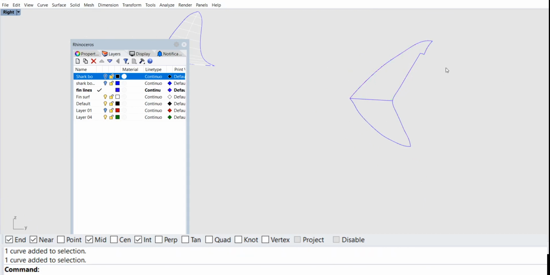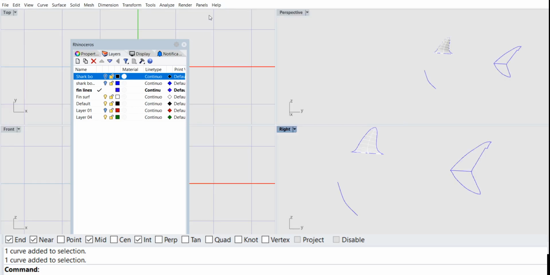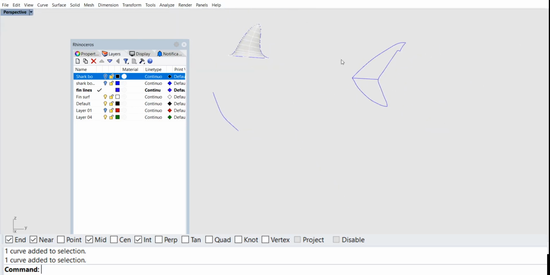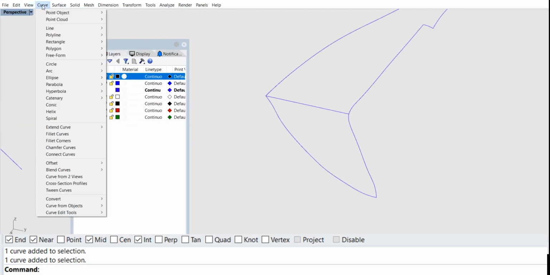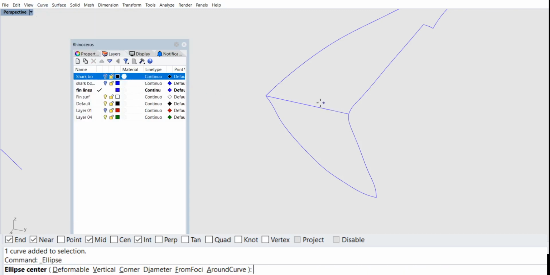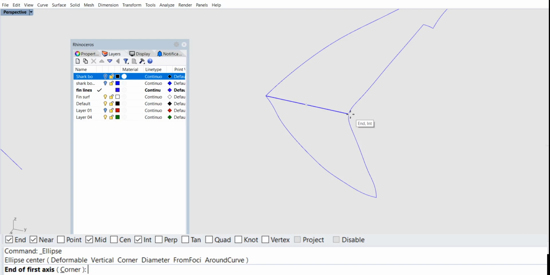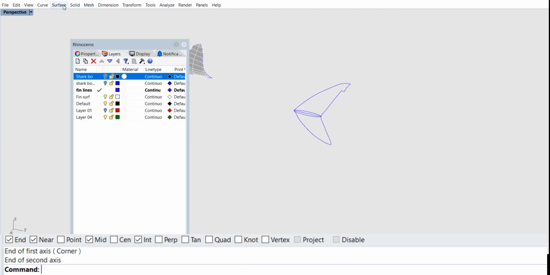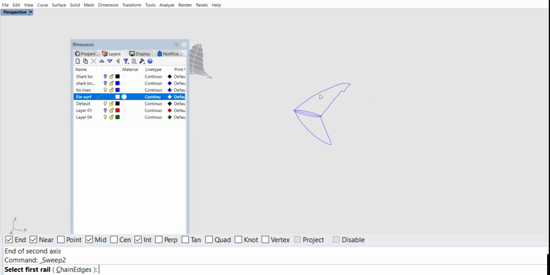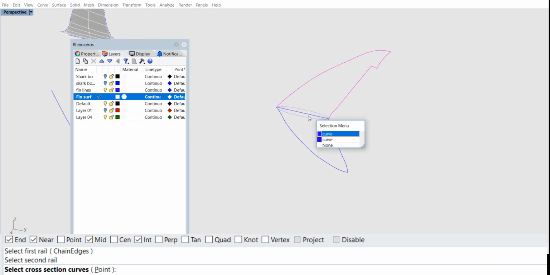left, and let's come here and let's put in our cross section. And we'll use our same ellipse as our cross section, center based ellipse. And we'll come. That, and we'll do a sweep 2 rails. And before we do that, let's change it to that surface, and we'll go rail, rail, sweep, and